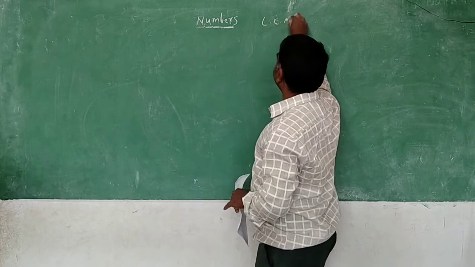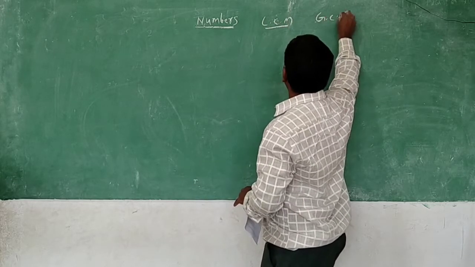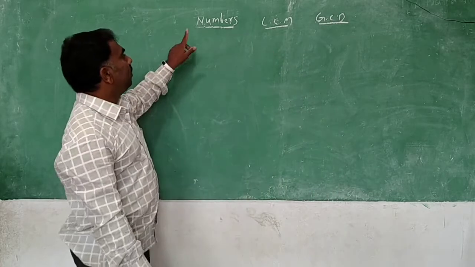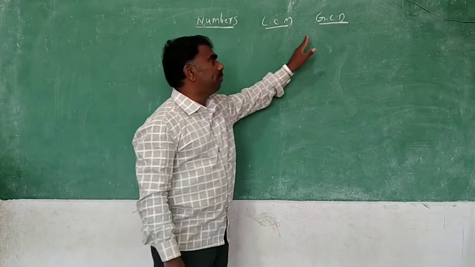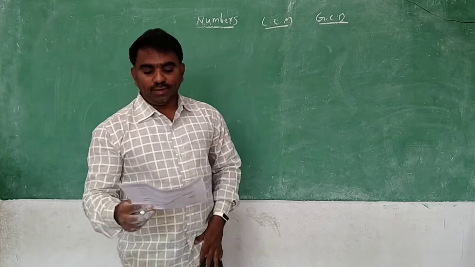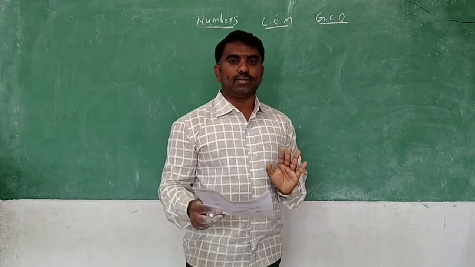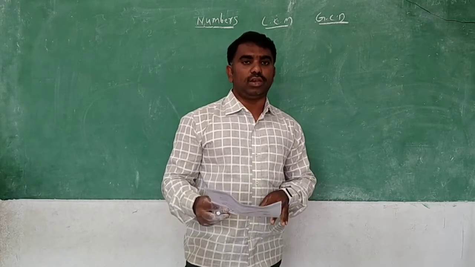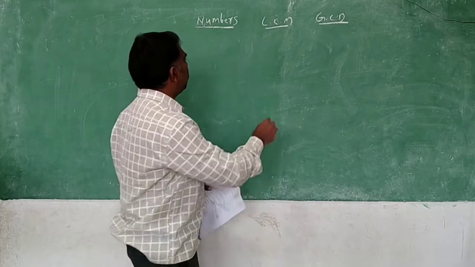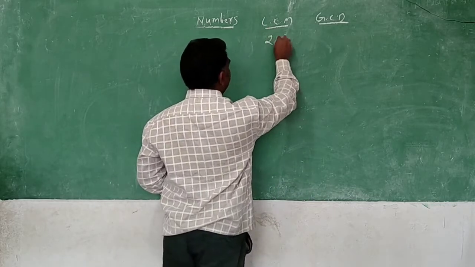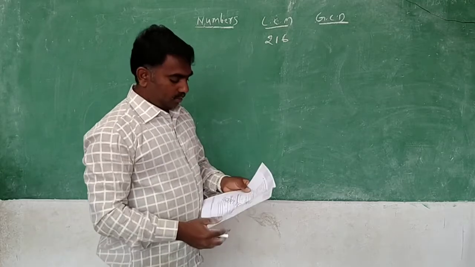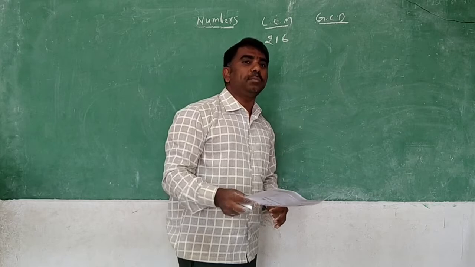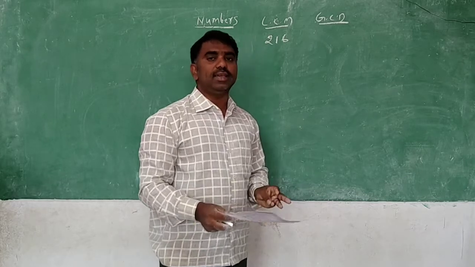LCM. Second, third, GCD. So according to this relation, you are going to think what are the numbers, what is LCM and what is GCD. You can see here what he has given to you. Try to understand. He has given LCM is 216. Where is LCM here? It is 216. Second, their product is, which is product? The product of the numbers is